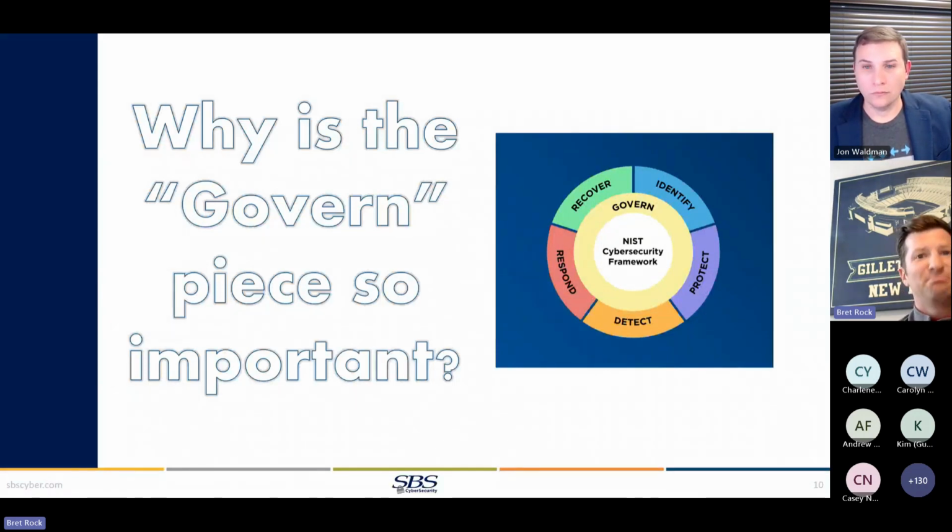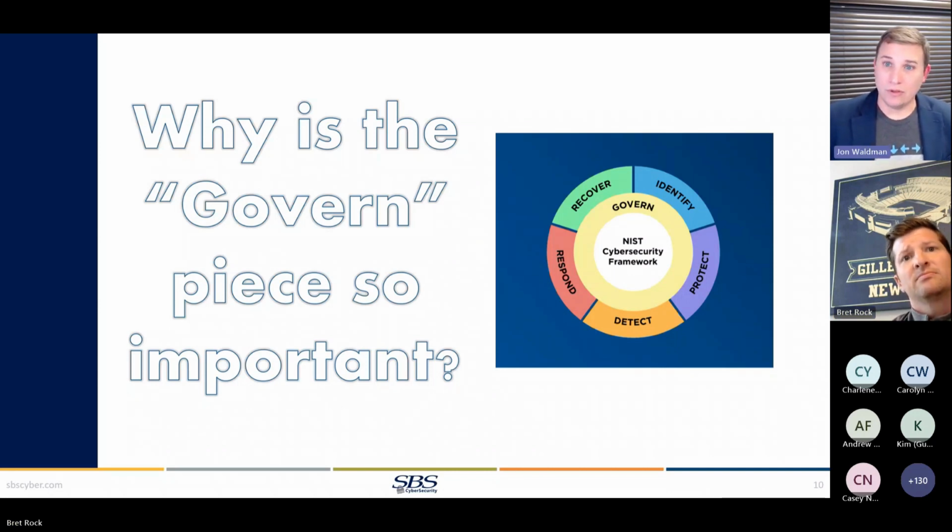And they just kind of finally pulled it all together and basically said, this is a critically important function as well. Is that kind of the way you're reading it? Yeah, it reiterates the message that you've got to have good strategy around cybersecurity, right? You can't just take a handful of controls and throw them at your devices and your networks and say, yeah, we got a cybersecurity